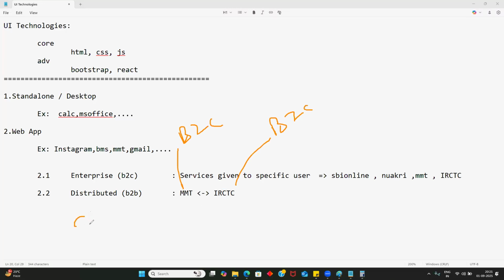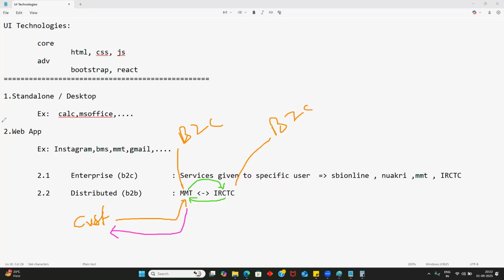Now, whenever customers enter into MakeMyTrip, internally MakeMyTrip will give the source and destination details to IRCTC, Hyderabad to Tirupati trains. Then IRCTC will give the response back to MakeMyTrip, how many trains are available. And finally, from MakeMyTrip, as a customer, you will get all the flight details, I mean, all the train details. This is very, very important for what I will discuss in the next 2 minutes.